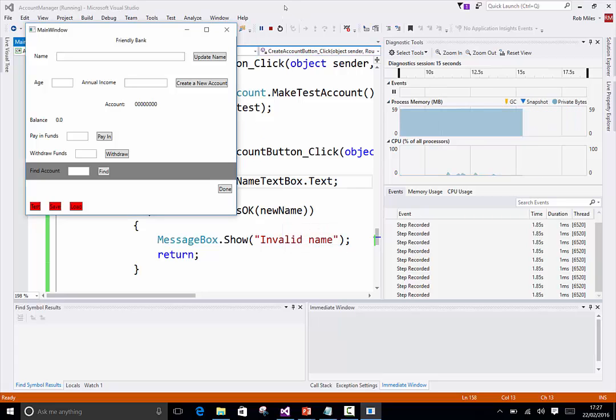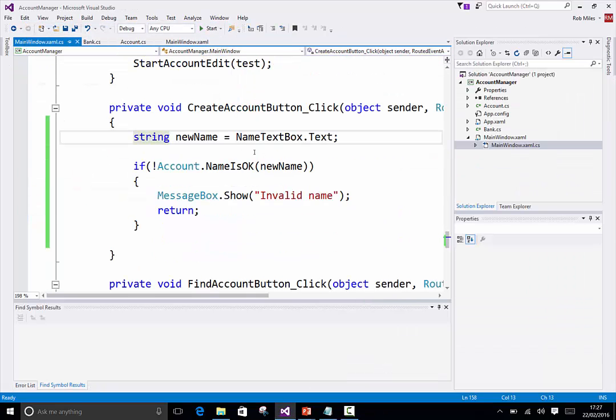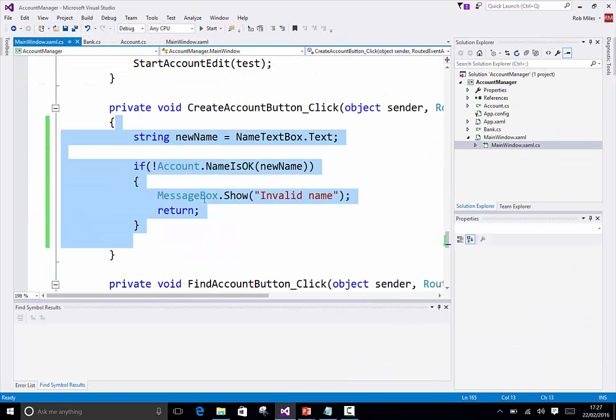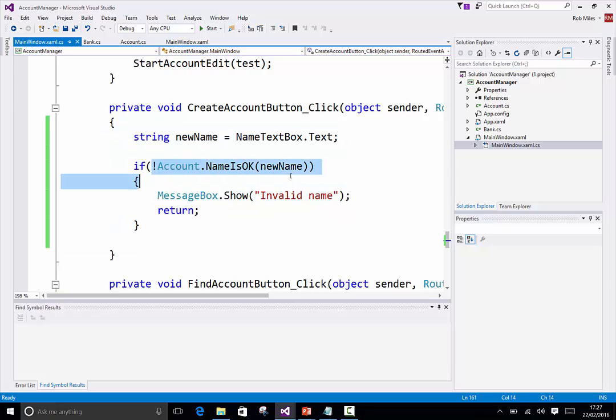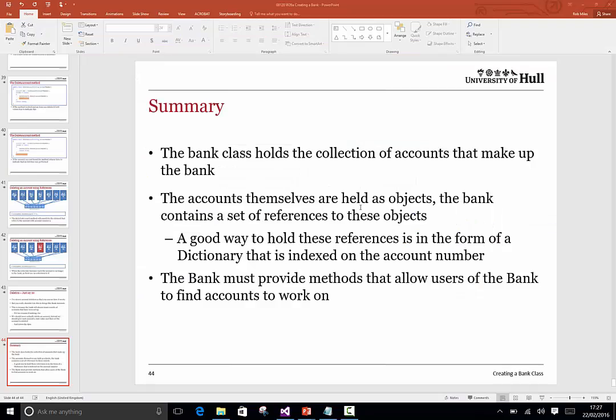So the way that you should make this work for all the elements in your account is to have something in the user interface that asks a question of the account to say, is this name okay? If the name is not okay, there's no point in us going any further. So we bounce straight out with a message, and then we give up on the behavior in this particular case because there's no point in going further. So the way it works, and you can repeat this process,